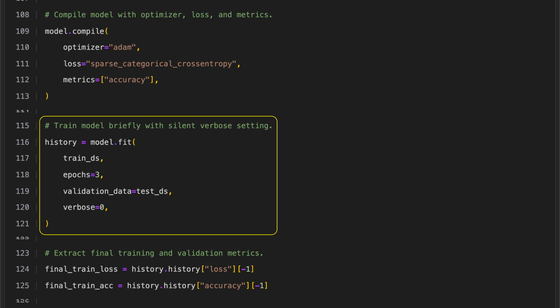We train the model using the Keras fit method, giving it the prepared training data with batching and shuffling. We set the number of epochs to 3 so the model passes through the entire training set 3 times. For validation, we supply the test data so the model can check its performance on unseen examples after each epoch. The verbose setting is turned off, so training runs without printing progress, which is convenient for quick experiments where detailed